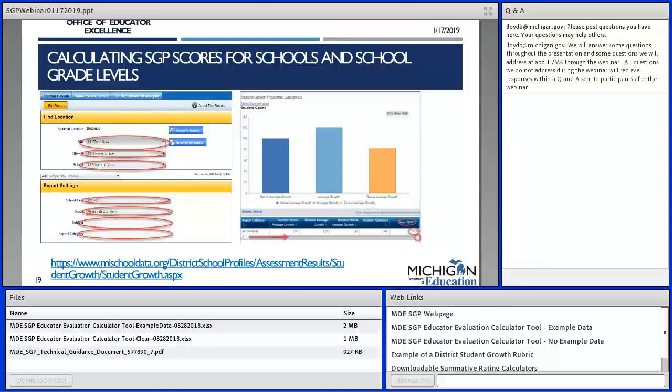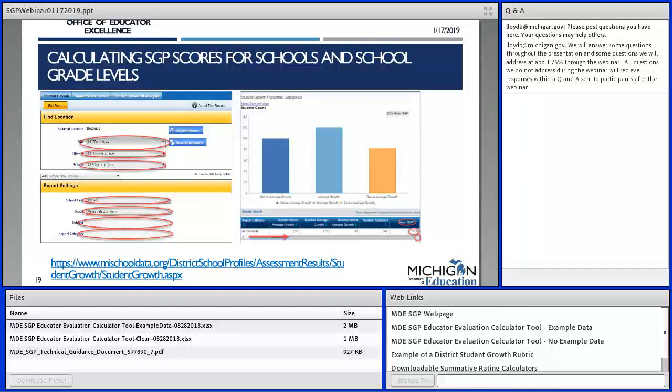This slide provides a link and a reminder of something that we said before, especially for administrator evaluations. If you're curious to know what the mean or average SGP is within a given year for your ISD, for your district, for your school, this data is publicly available to all educators and parents and general public within the myschooldata.org website. And the link to that is provided within this slide. But if you go to My School Data, click on Student Assessments, click on Student Growth, you'll then select the ISD, district, school year, grade, subject area. And if you want to get fancy, the demographic categories,